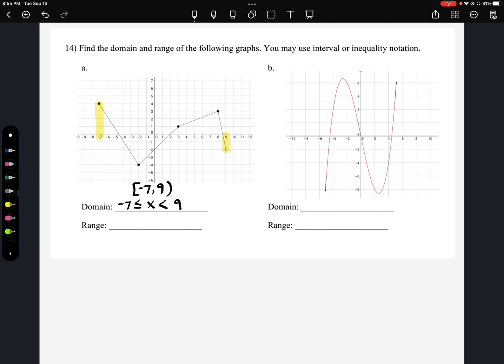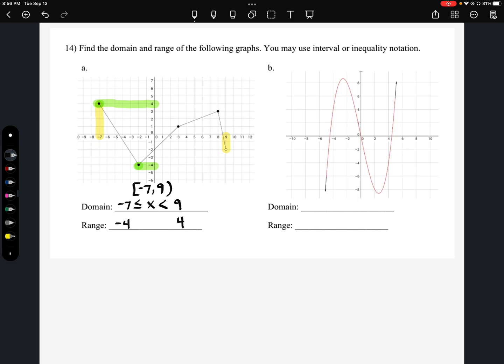As we look at range, we're looking at our lowest and highest points. When I look at my lowest point and I take it over to the y-axis, that one is at -4. And then our highest point is up here, and we run it across there. You see that goes to +4. So as we go to write this out, we'll say